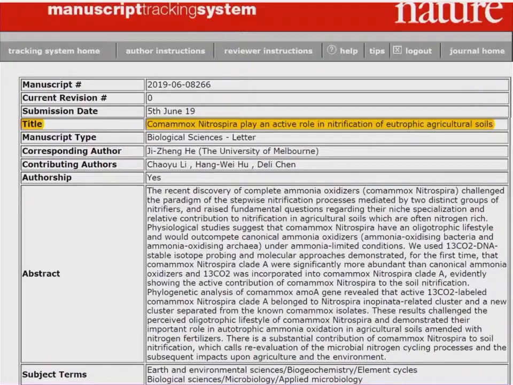Certainly this is important work, giving evidence that comammox widely exist in Australian soils and may play an important role. This kind of research will provide the basis for the development of inhibitors. We're working on nitrification inhibitors.